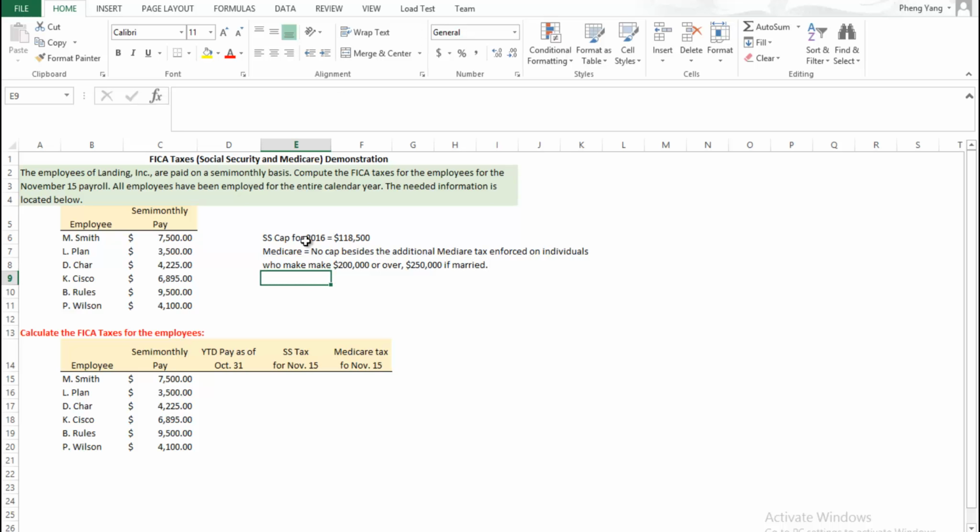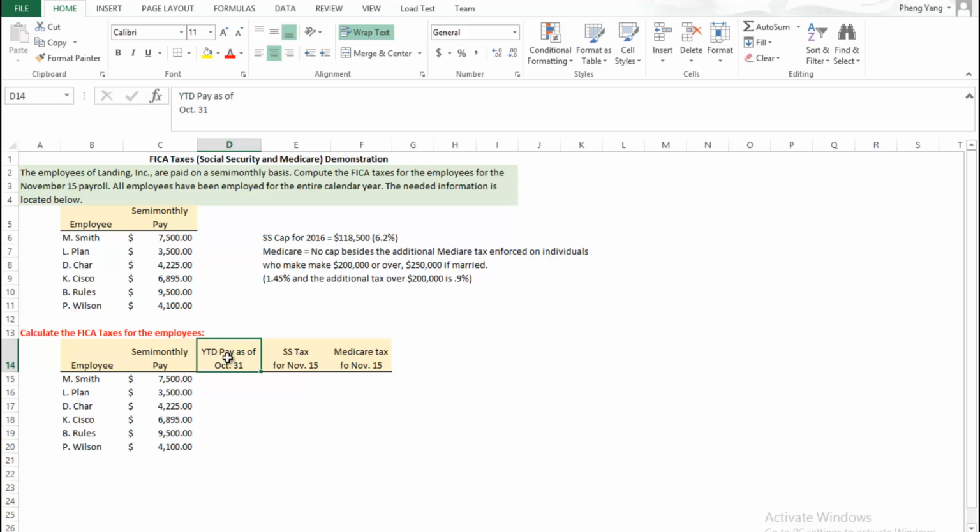Okay, so let's go ahead and calculate year-to-date pay as of October 31st because we want to be able to arrive at the correct Social Security tax due to the cap here. We have to calculate as of October 31st how much each individual employee has made. So this is how we're going to do that. Because each employee is paid semi-monthly, meaning twice a month,